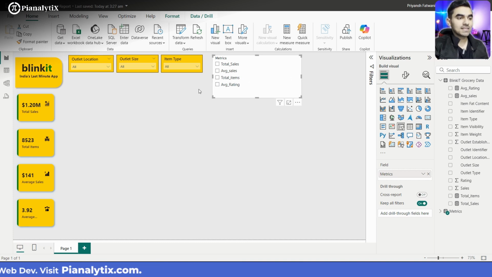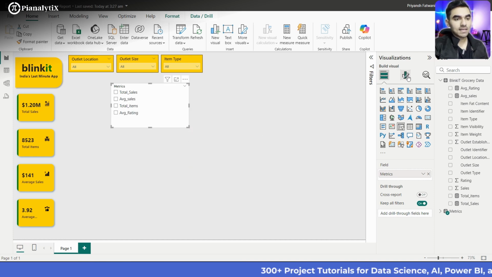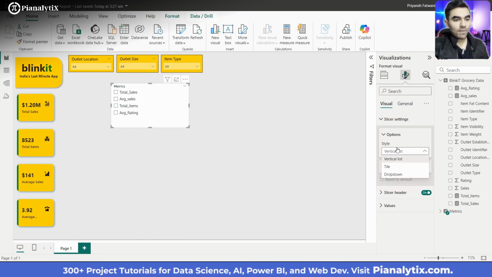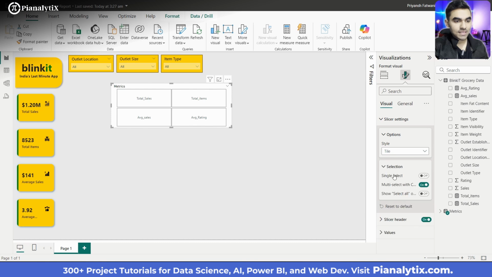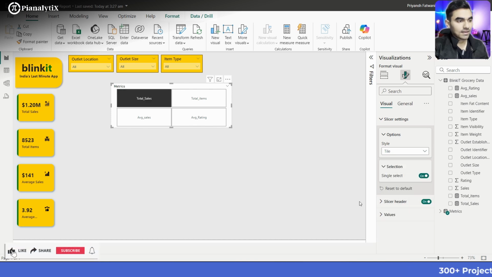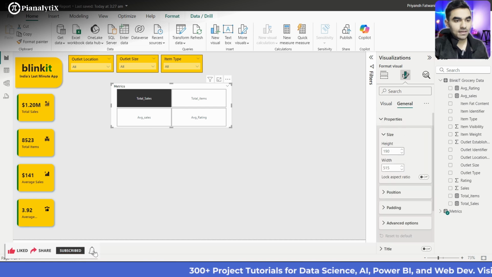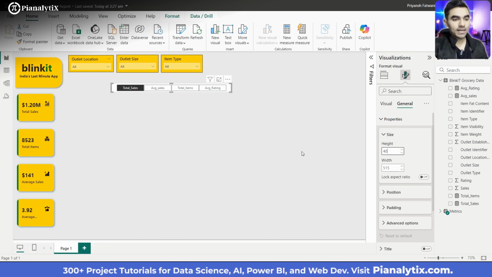We will change the formattings. And now we will change the formattings for this and then we'll place it accordingly. So select this, the visualize. We'll go to the slicer setting and I want it to be as tile, just like this. Okay, the selection would be a single select, and the height for it would be just 40, just like this, and I'll adjust the width accordingly. For now, let's say 450,